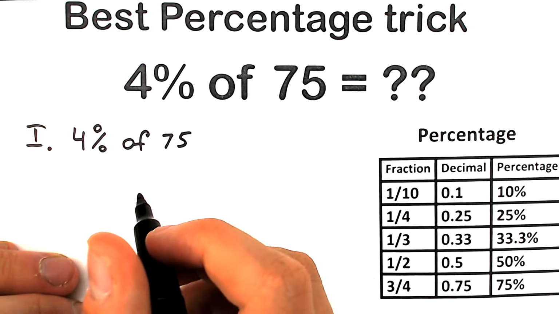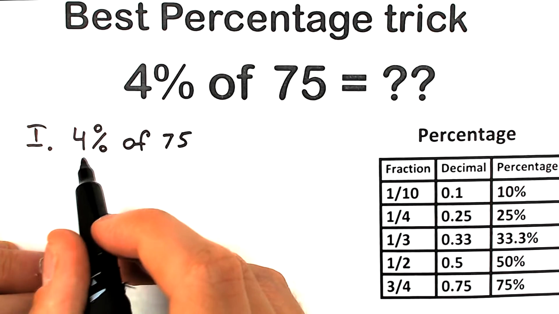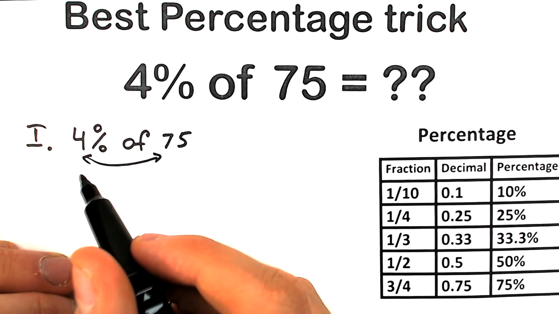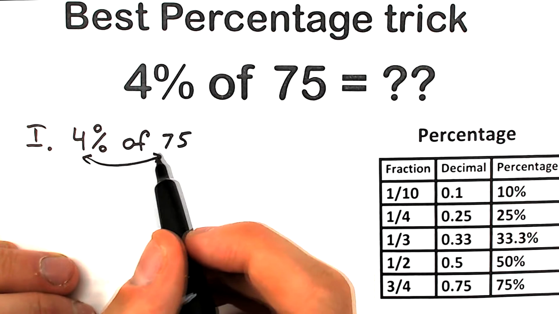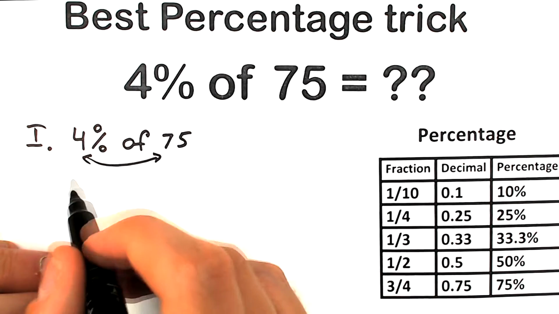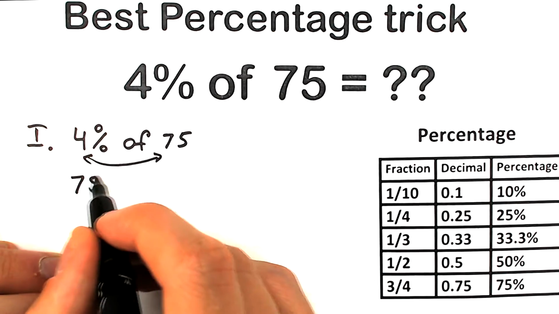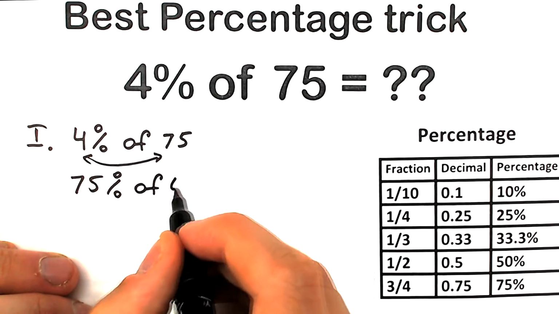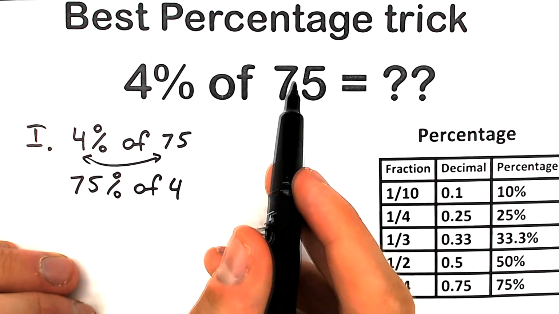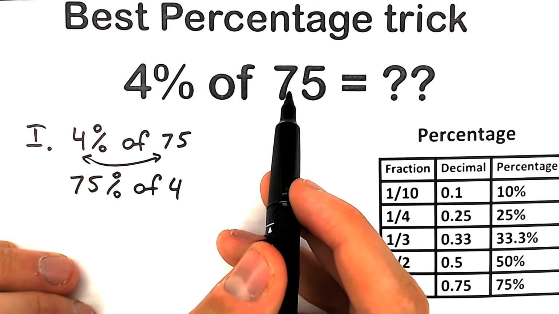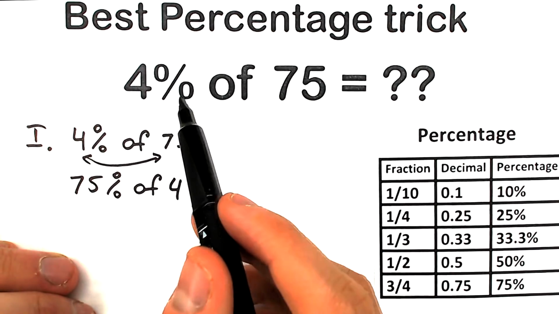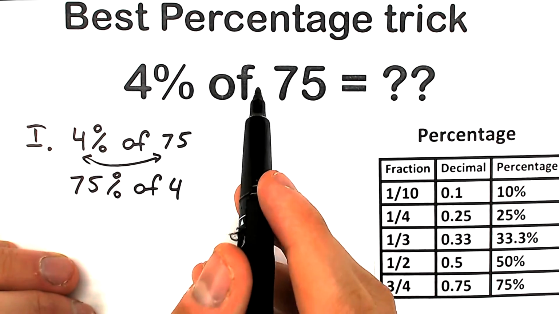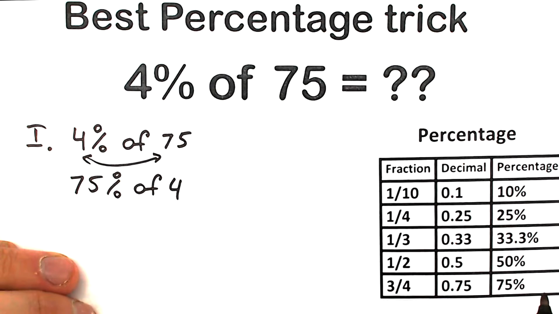We can easily swap these two values, okay? We can easily swap this 4 and 75. In our case, 4% of 75, let's swap it. So we have 75% of 4, and it helps us a lot. Sometimes you have a great value, but it's not the percentage. For example, we have 3% of 50. It's the same as 50% of 3, so we can easily swap these values,